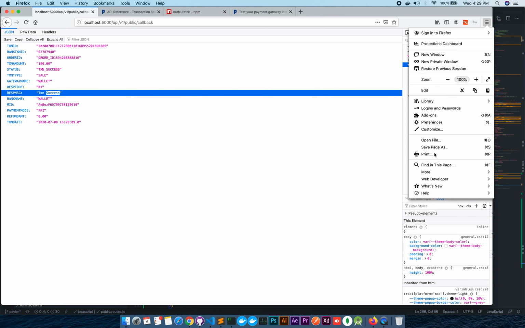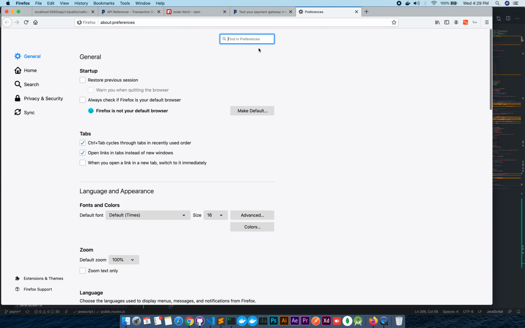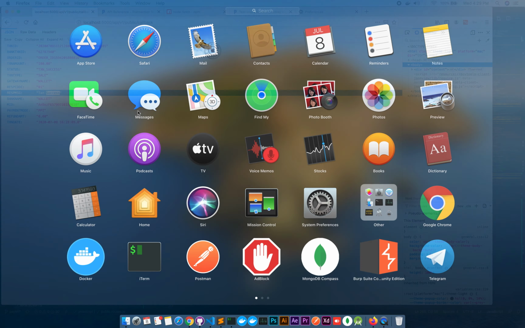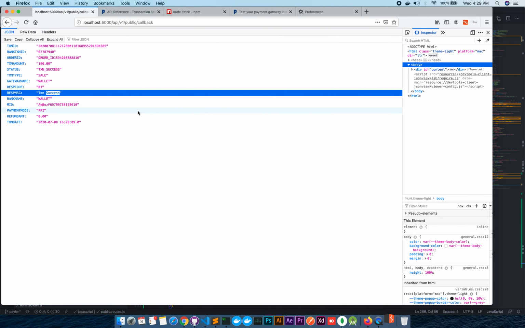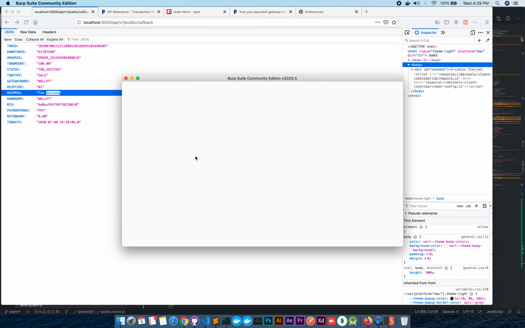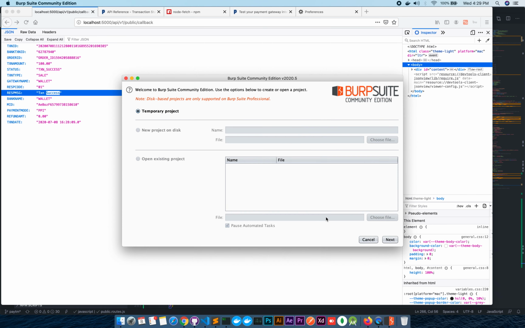First of all, we will go to this preference, and from proxy we will enable the proxy, and all the proxies have to be localhost and 8080. Then press OK. Then download the Burp Suite software. This is the community edition. Close.